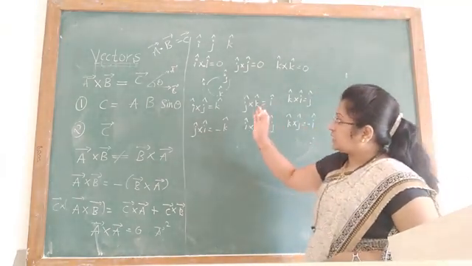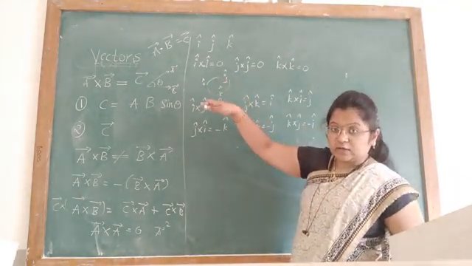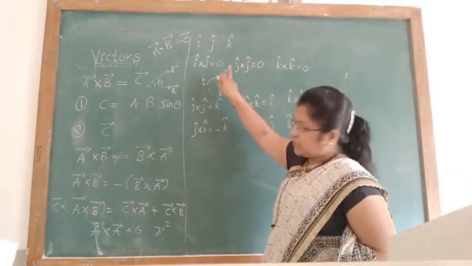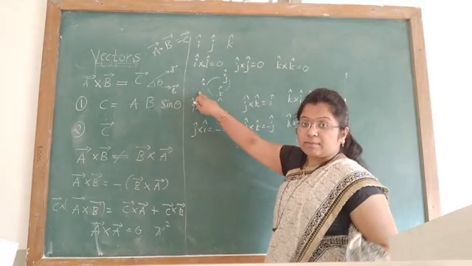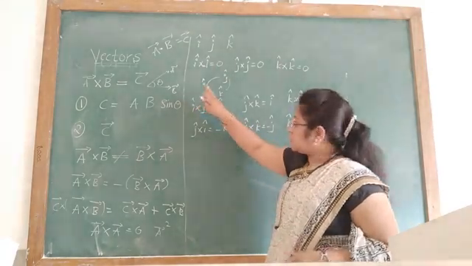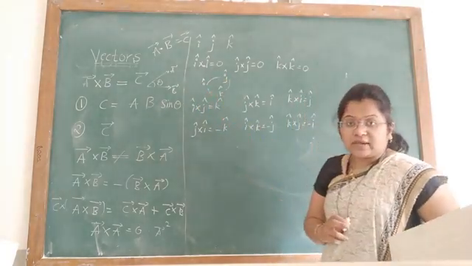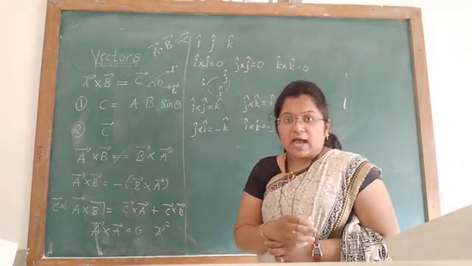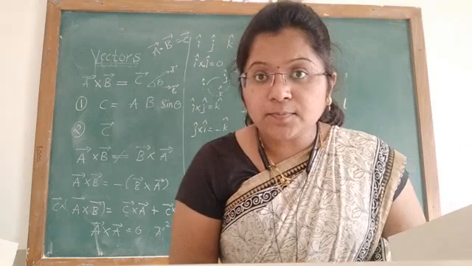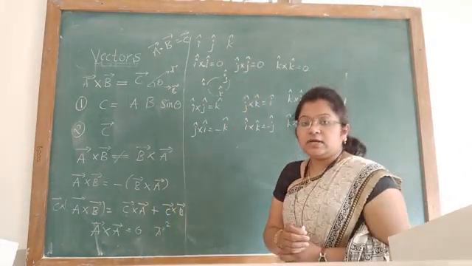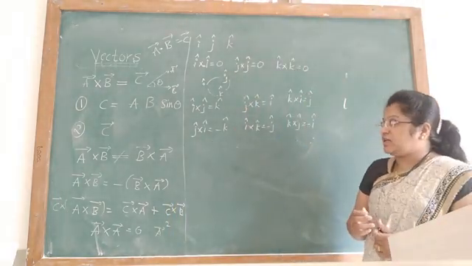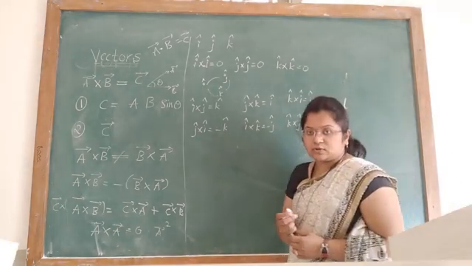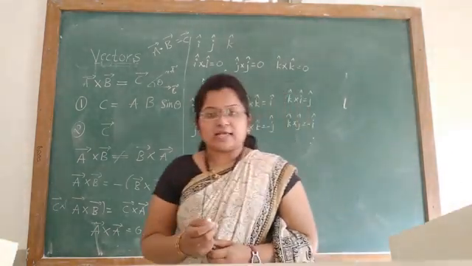If you take it in reverse, in the anti-clockwise direction, if you go K cross J, obviously it will be I cap, but minus I cap, because you are going in an anti-clockwise direction. So the same thing holds good here also. Okay, I hope you have understood the vector products of the vectors. Okay, this much is there, nothing much. Okay, if you feel any doubt, ask me.